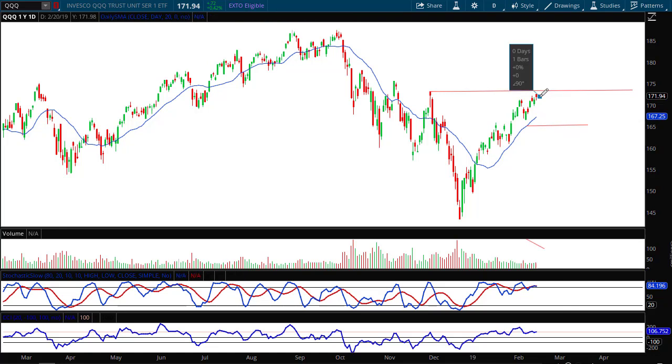I think we might go up just to bump our heads against that resistance, and then I think we're going to pull back. The stochastics is already starting to turn down, as well as the CCI. We're seeing a drop in the most recent highs here, and that is a negative reading as well.